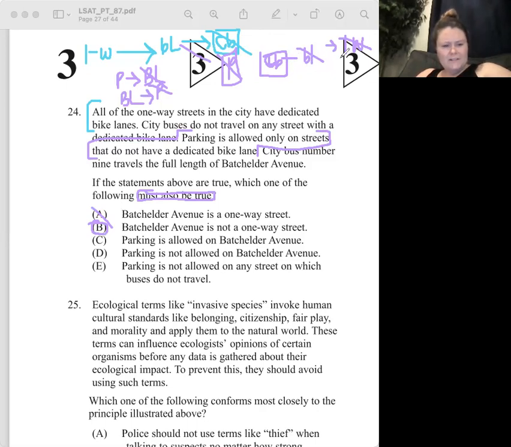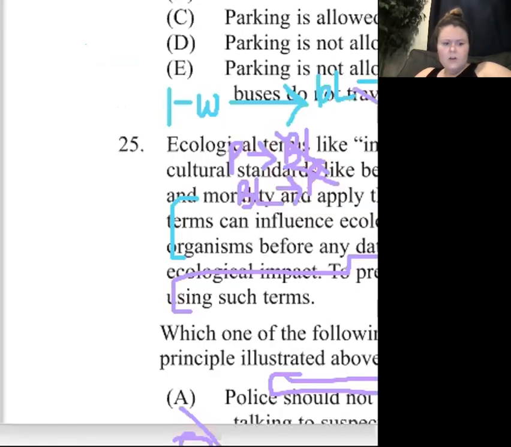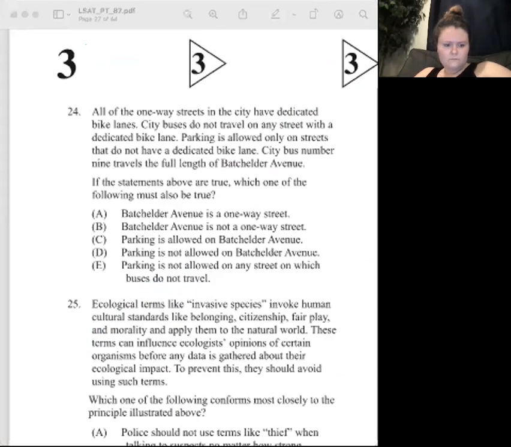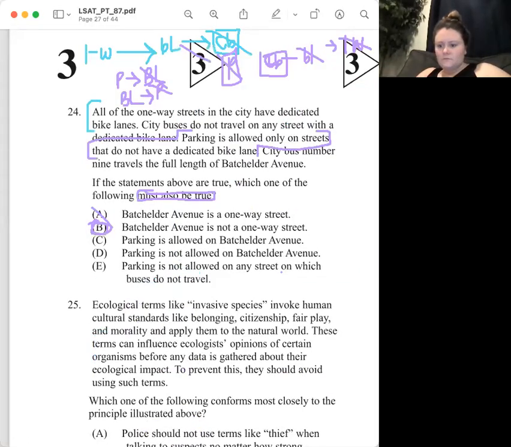It can't be. Are you sure it's not B? I swear that's what I picked. No, it's B. So I wonder why it marked me wrong, because I swear that was what I picked. I remember going through, because the other answers were all about parking, and I knew we couldn't really do a lot with parking because you can't reverse it. No, it's definitely B. But I'm going to screenshot this one because I think